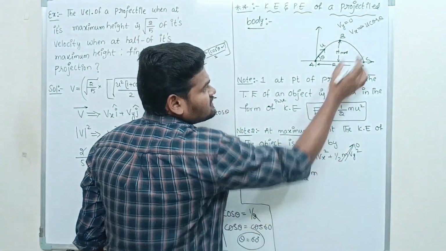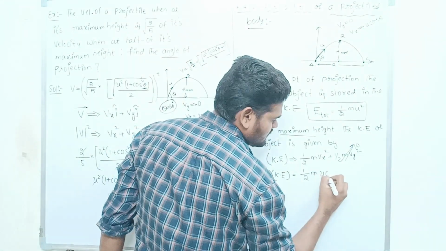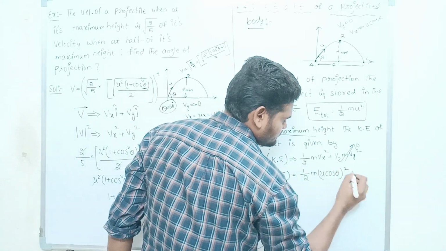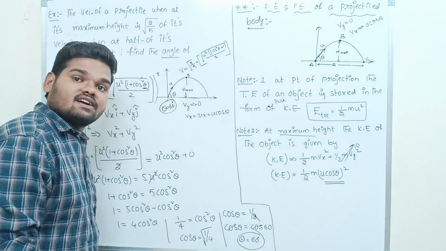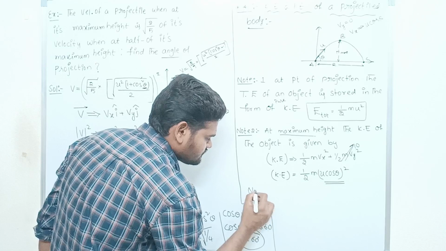What is the value of Vx? u cos theta whole square. Okay? Right. So note number 3,